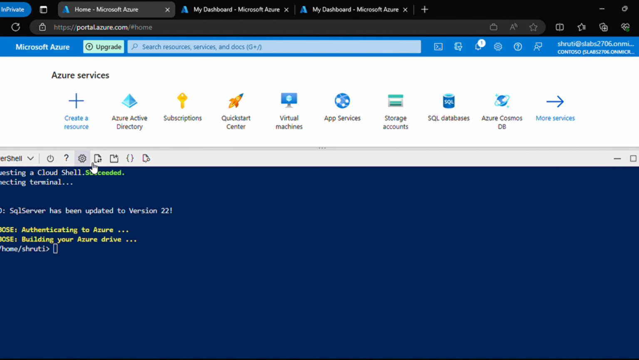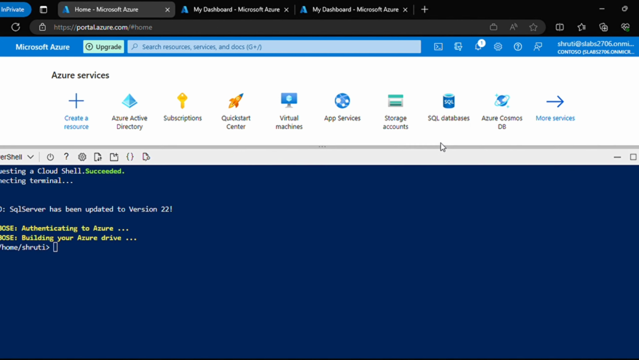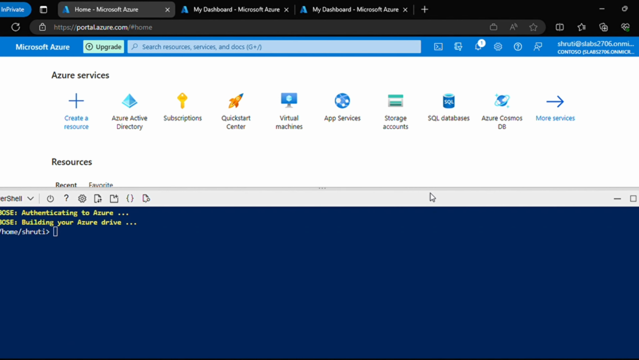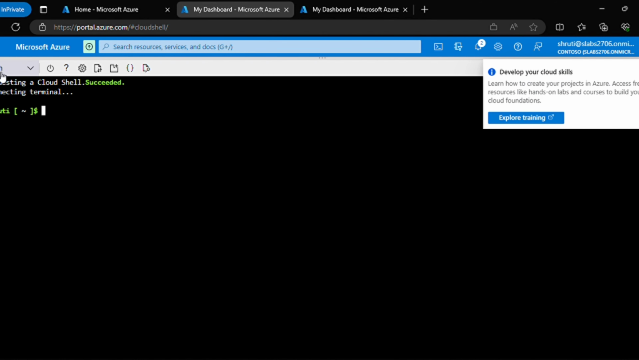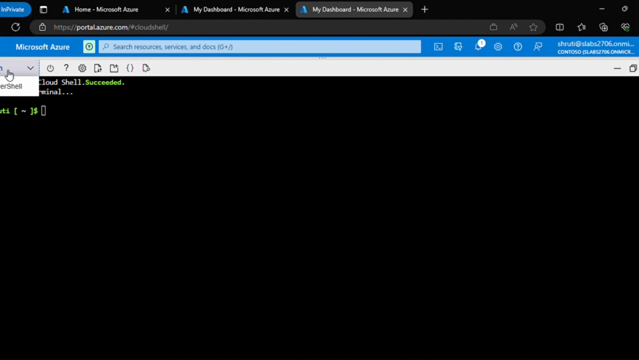There are a few buttons using which you can manage your Bash or PowerShell, as in if you want to switch it off, check these settings, upload content, split, open it in a separate window, enlarge it, minimize it, maximize it. All these things can be handled using the buttons. Now let's